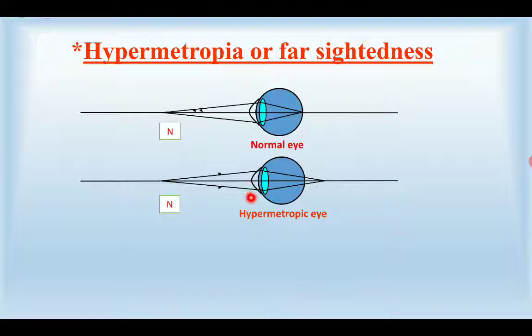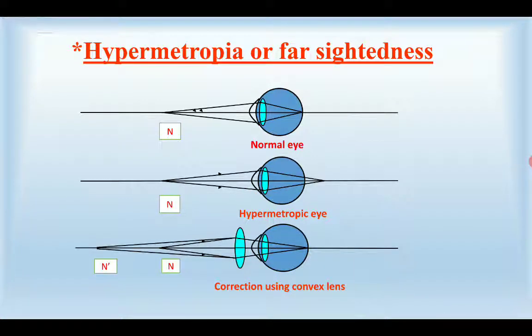So in order to correct this defect, we are using the convex lens. And what happens in this case, as the object is placed close to the lens, is the special case for the convex lens: the object is placed in between the focal length and the pole of this lens, and hence a virtual and erect image is formed at another point here, at N dash. So initially the object is placed over here, light rays are falling here, but they are being converged and the virtual image is formed at this point.